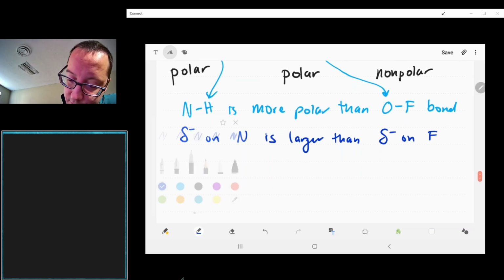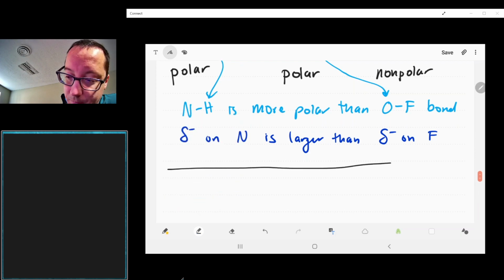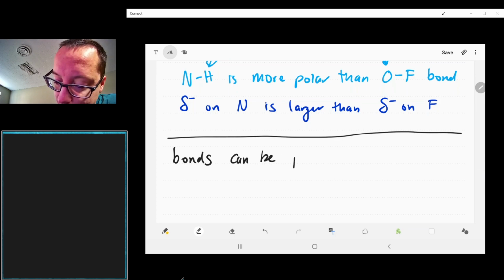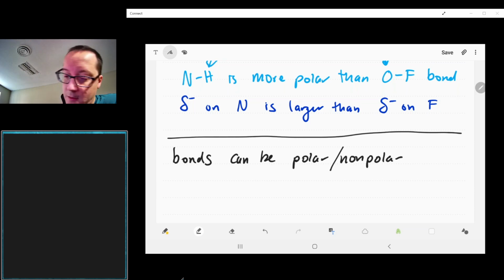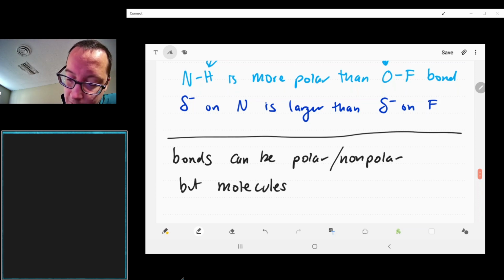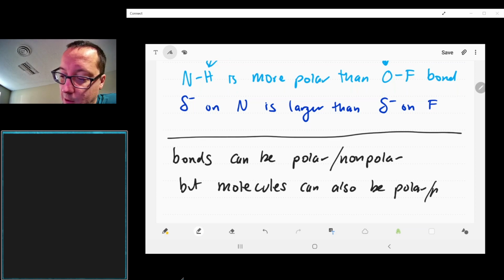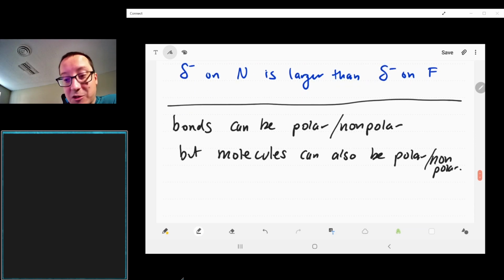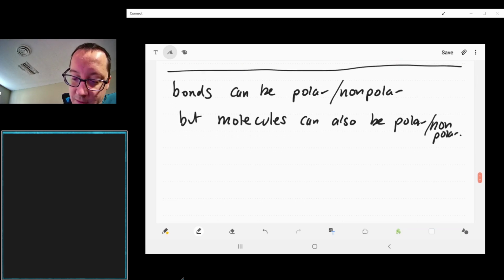Let's look at molecules overall. So we've talked about bonds now, polar or non-polar. But molecules can also be polar or non-polar. And we're going to see that this greatly depends on the symmetry of a molecule. For example, if we look at our good friend carbon dioxide,